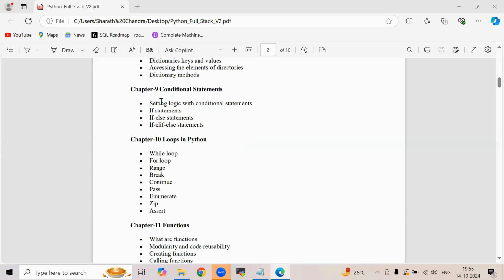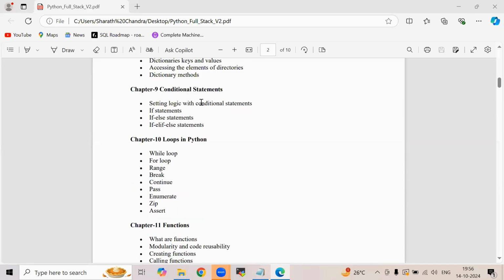So we will set the logic, and before writing any program, you should set the logic first. How to set the logic and all those things, that strategy we will go through once. Once we are done with the programming strategy, then we will go with the loops. How to write a loop, what is the basic syntax of a loop, and what is the use case of a loop. All such things we will see here.